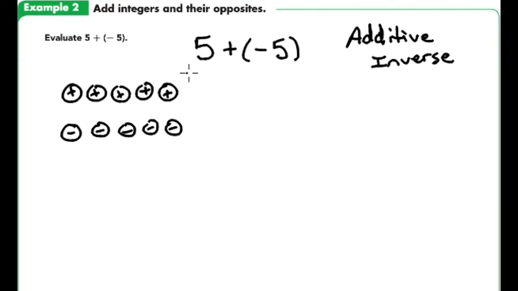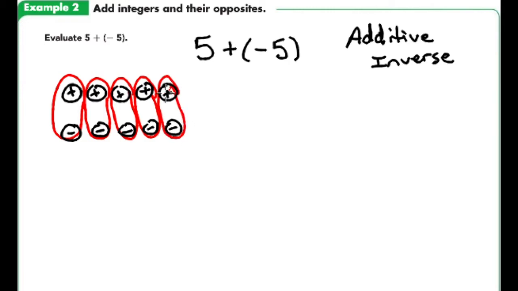And what happens here is we created what are called zero pairs. So when you have one positive and one negative, they cancel each other out. So what we created were 5 different zero pairs. So all of these zero pairs end up canceling each other out, and then we are left with no number chips. So because we are left with no number chips, that would mean that 5 plus a negative 5 equals